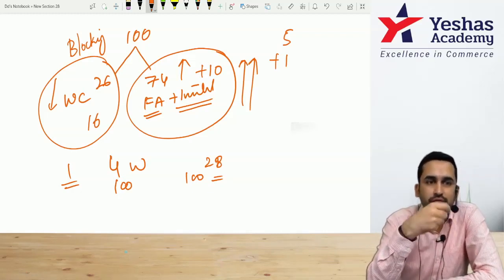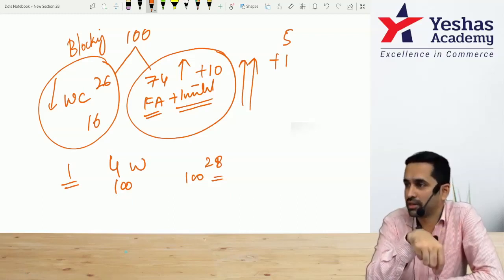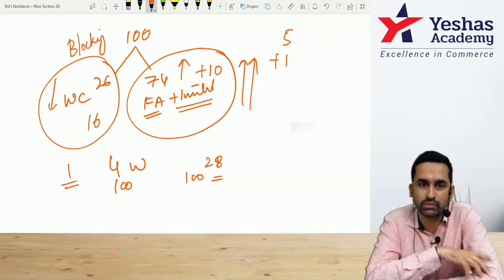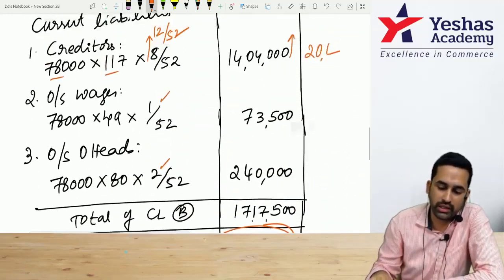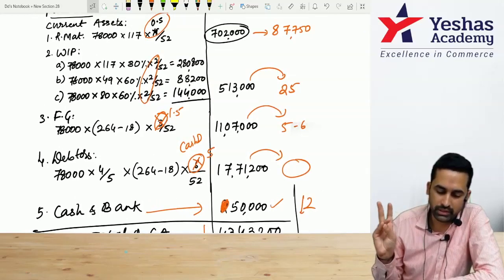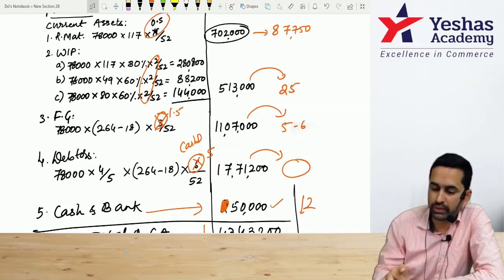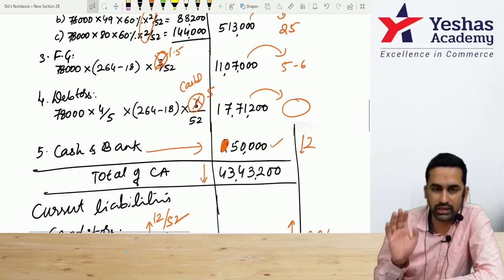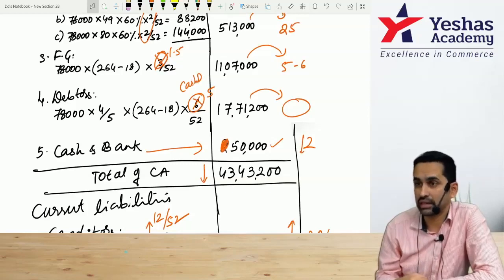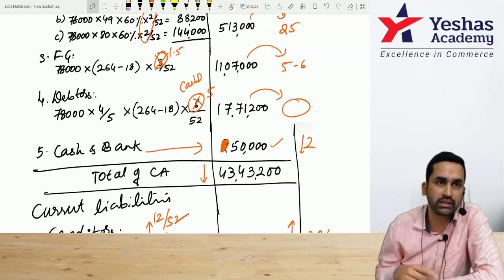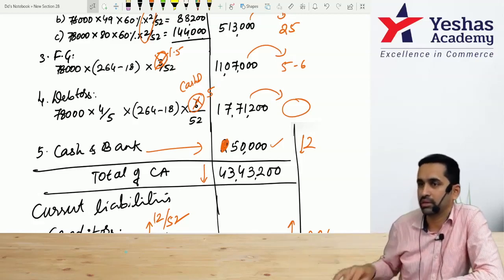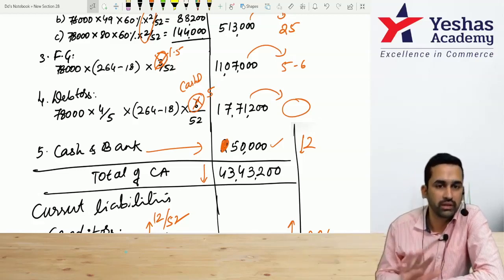Is it easier for a service industry to handle the working capital problem than a manufacturer, based on what you learned in the last 2 sums? The biggest part, if you see in any current asset, out of 43 lakh, here you see your inventory itself is 7 plus 5 plus 11. About 23 lakhs out of 43 lakhs is just the stock, and stock is an illiquid current asset. Blocking money in stock is more dangerous than blocking in debtor. Debtor can at least get converted to cash quickly, but